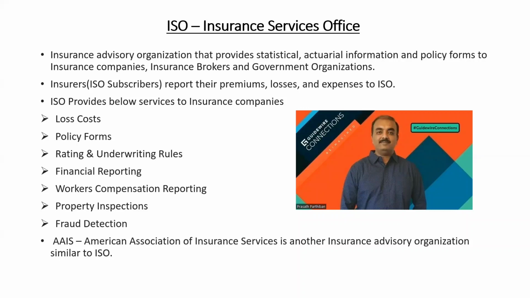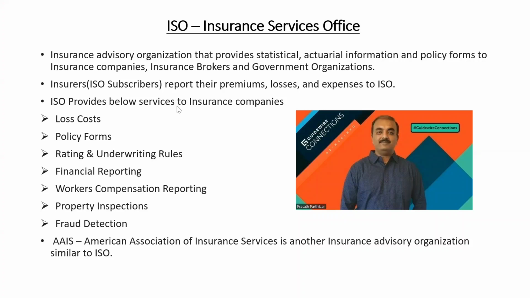So as a result, say there are 300 insurance companies who have subscribed with ISO, they report their data on a regular basis. When I say data, it is their overall premium by the different lines of business, what the overall losses are, and what kind of expenses they have. So as a result, ISO is going to have all the core data from different insurance companies. Once they have the data, they work on it and come up with some statistical counts and everything else so that they can give the data to different insurance companies. That's what the third point says.